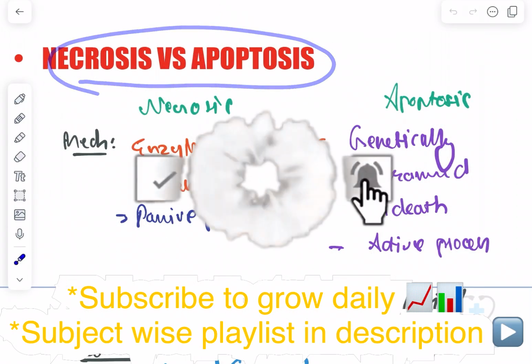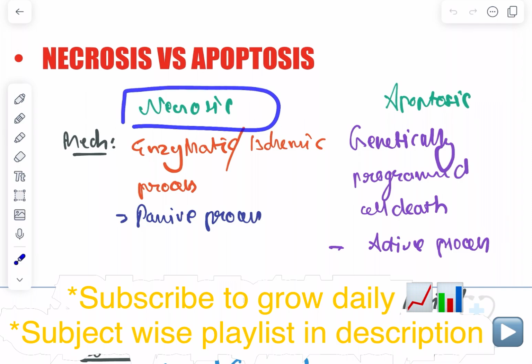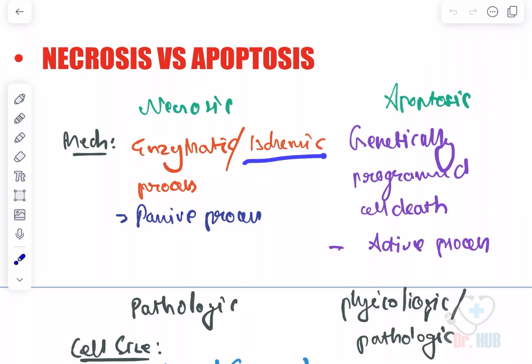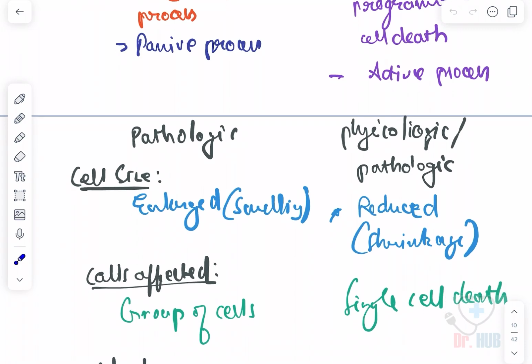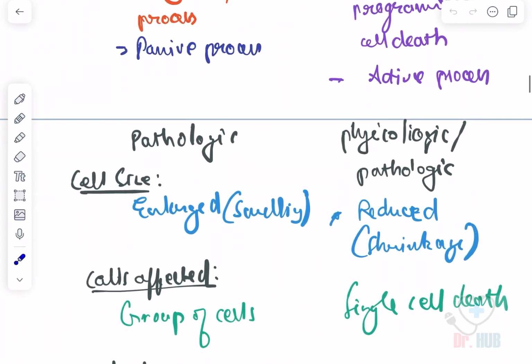Necrosis versus apoptosis. Firstly, looking at necrosis, the mechanism is that it is enzymatic and it's an ischemic process. Whereas in case of apoptosis, it is known as genetically programmed cell death. Now looking at necrosis, it is a passive process, whereas in case of apoptosis, A for active process. Next, looking at whether it is physiologic or pathologic, necrosis is pathologic, the apoptosis is physiologic as well as